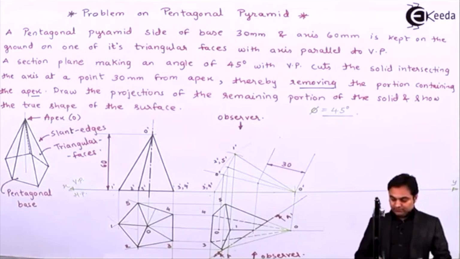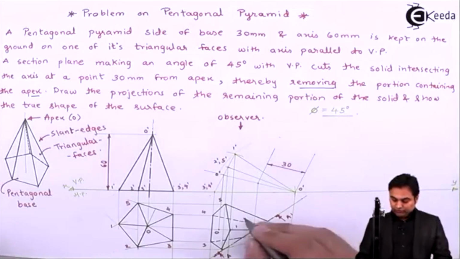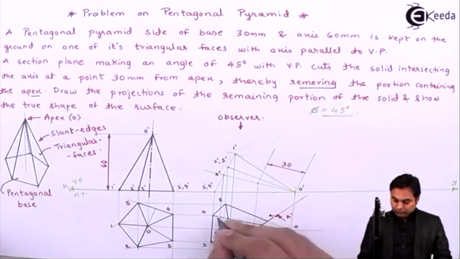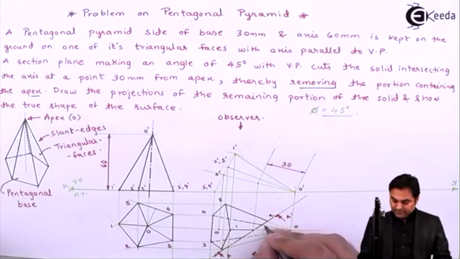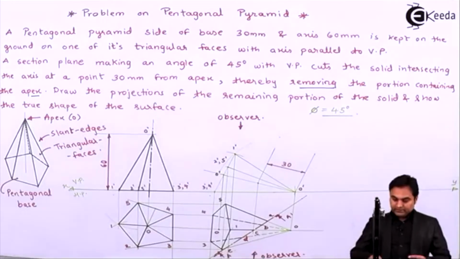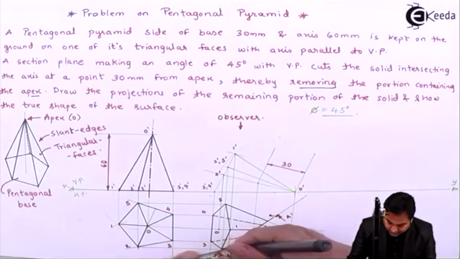As an observer here, I locate the points. Now where it is cutting O25, I'll call that point A. Where O24 is being cut, that will be B. Then O21, where it cuts, that is C. O23, that is D. And at last, where it is cutting O22, that point I'll say it is E. And it is cutting at this slight location, means here there is a very light line up to the section.